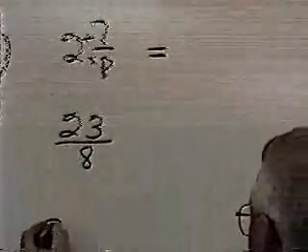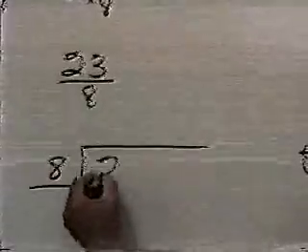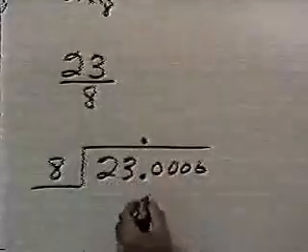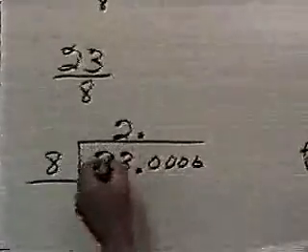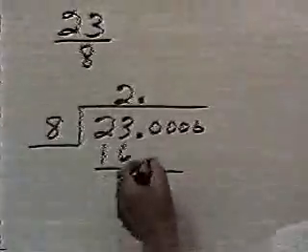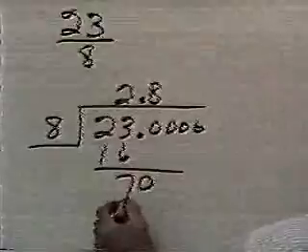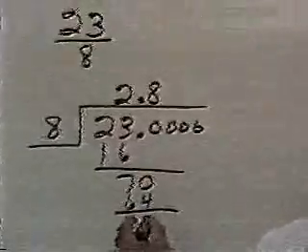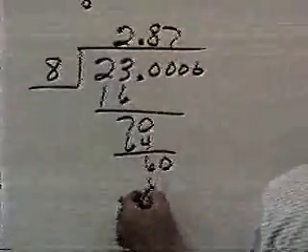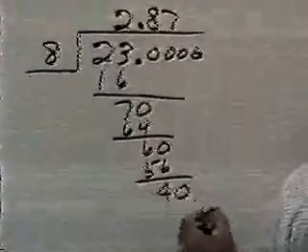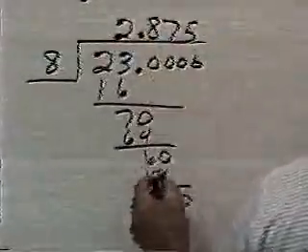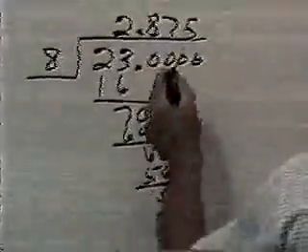So what we do is divide 8 into 23. Okay, decimal place goes above decimal place. 8 will go into this 2 times, so that's 16. Subtracting, we get 7. 8 will go into 70 about 8 times. That's 64. That's 6. 8 will go into 60 about 7 times, and that's 56. Bring down the 0. 8 will go into 40 5 times, and it stops. So our number is